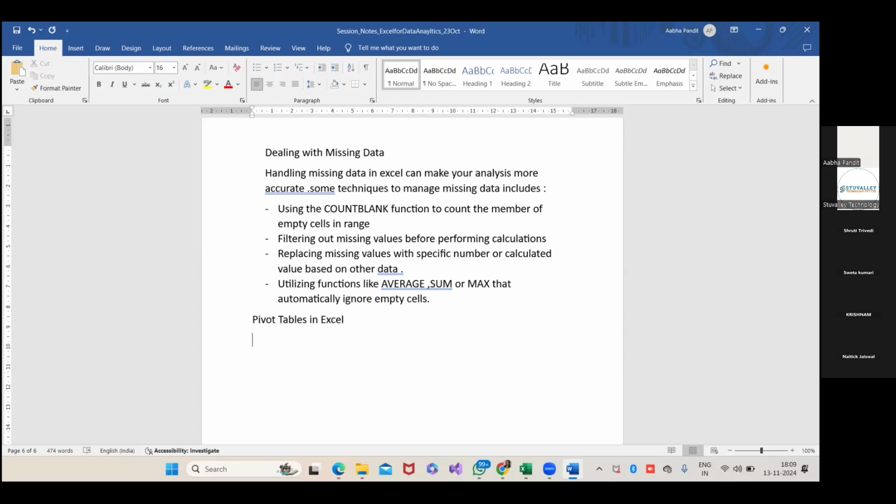First I will give a little brief about the pivot table, and then I will explain the practical way how to implement it. So if you are working with large data sets in Excel, the pivot table